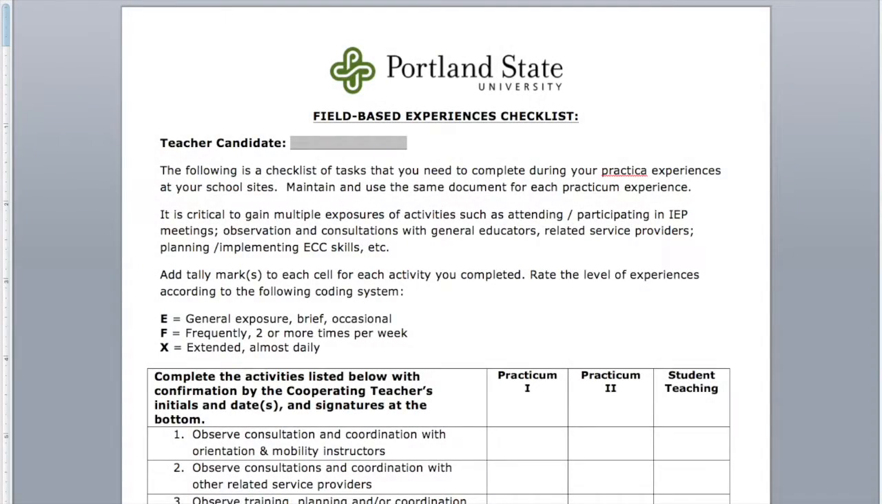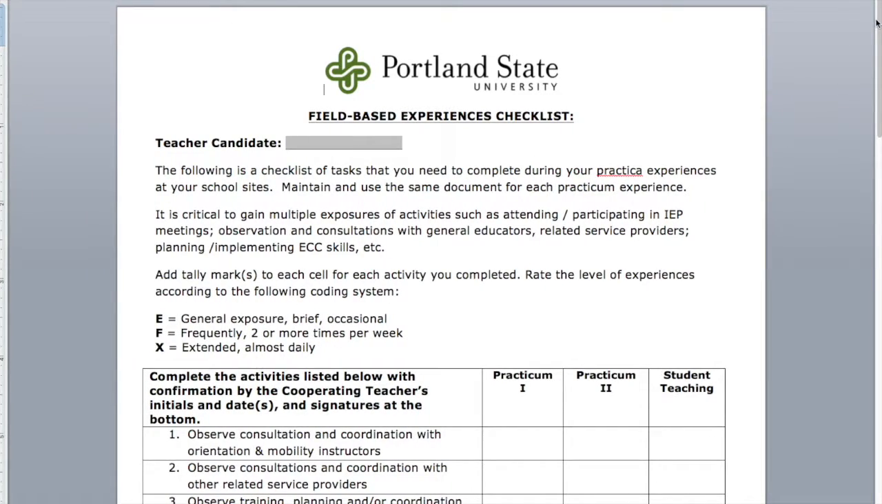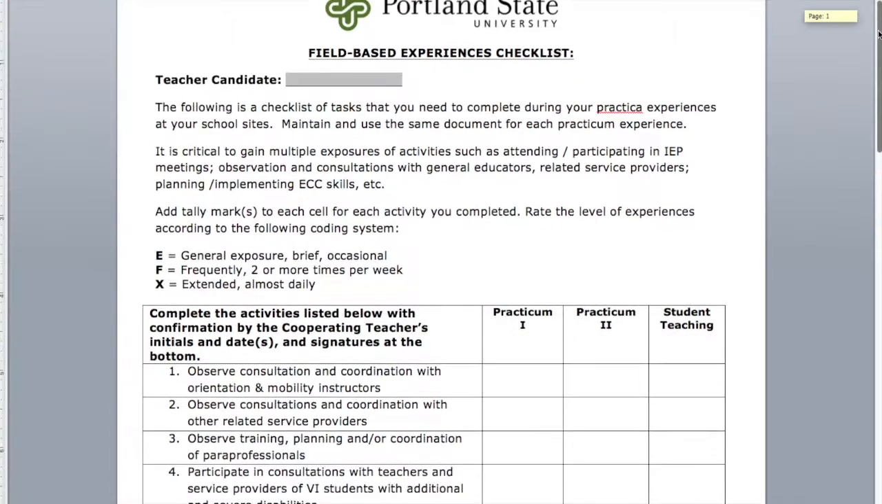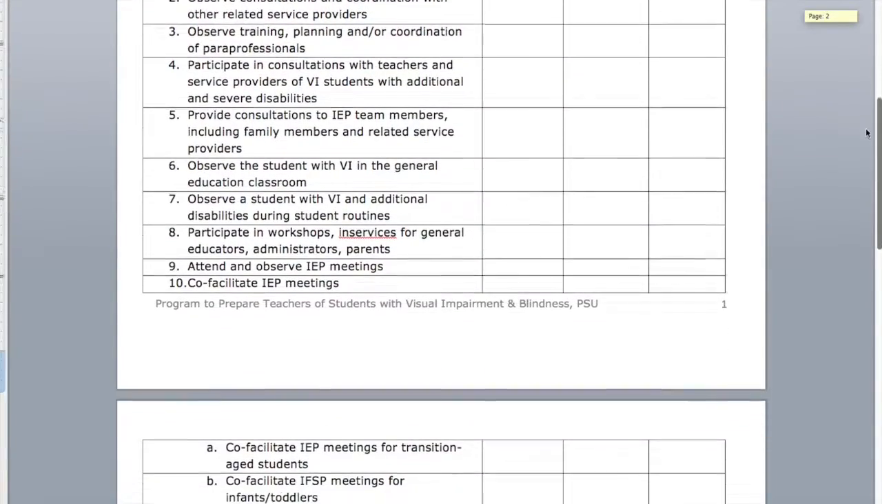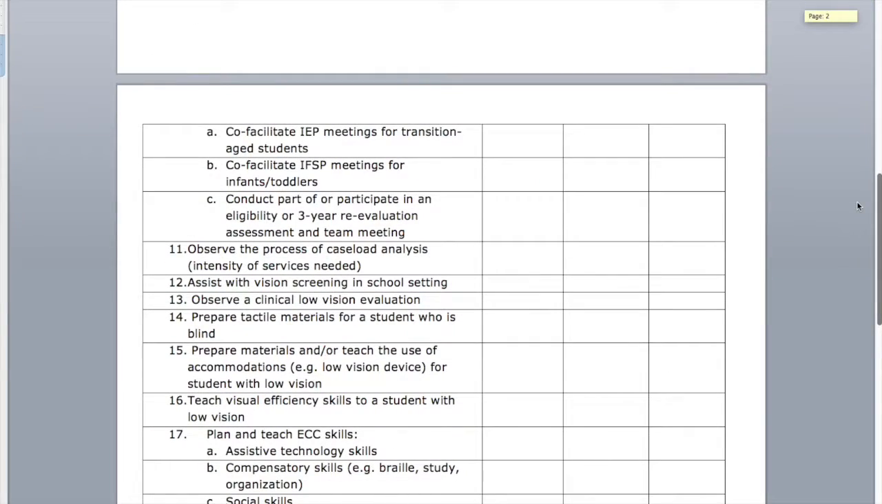The field-based experiences checklist is a form that is really used to guide some of the activities that can take place during the practicum. We used to have teacher candidates try to do specific activities during a specific week, for example, go observe an IEP meeting. Well, of course, the reality for most cooperating teachers is that there may not be an IEP meeting to observe that week. So what we did is we came up with sort of this menu of different options for teacher